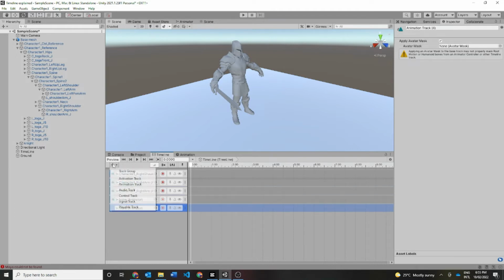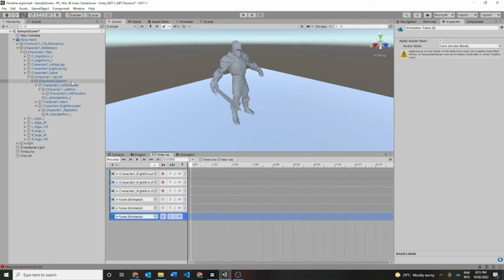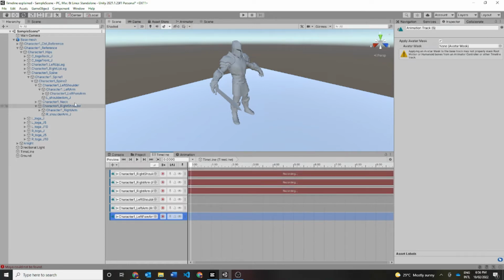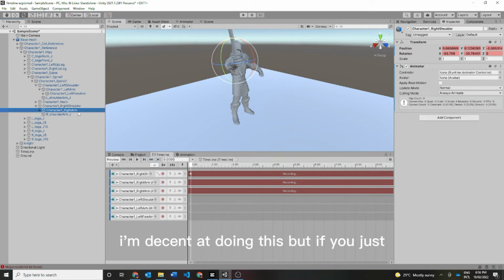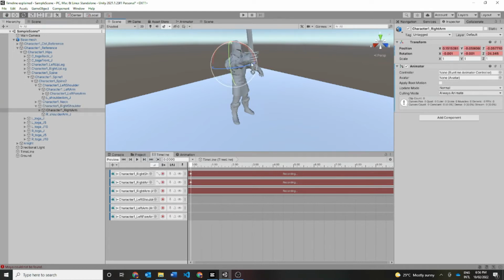So I'm just going to create a couple more animators, and I'm going to do the left shoulder now. Create the animators: left arm, create left arm, and create left forearm. So here you are. Now we've got all these arms. So these bones are now rigged to the animation. So if we just hit record on the right hand, so let's go right shoulder, and I'm decent at doing this, but if you just angle it,